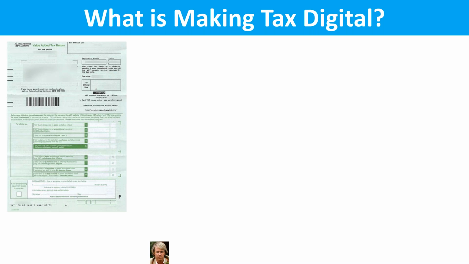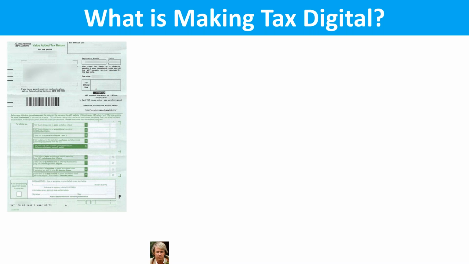You looked at your bookkeeping system, which was either a paper ledger, a cash book, or pieces of paper filed in a shoebox. You manually start adding and subtracting, multiplying and dividing numbers until you figured out what numbers should go in those boxes. You'd fill it in, put it in the post, and send it back to HMRC. Again, this was a process that could take hours or even days to complete. And it stayed like this for decades. Not just for a few years, for many, many years, this is what we did.